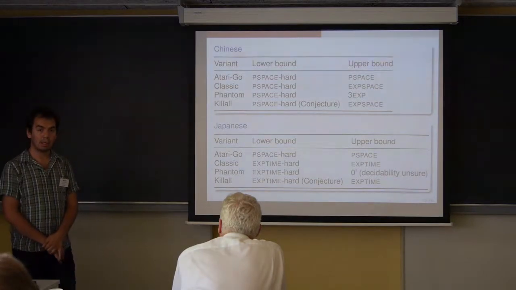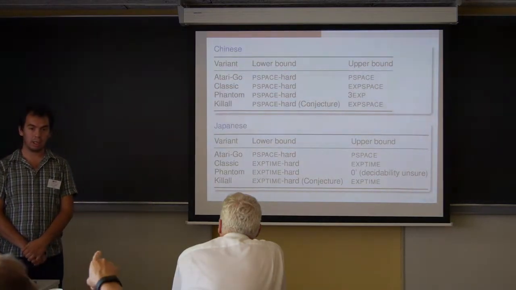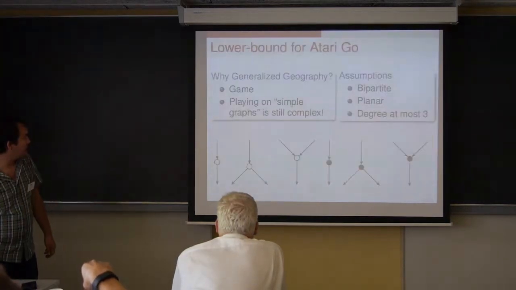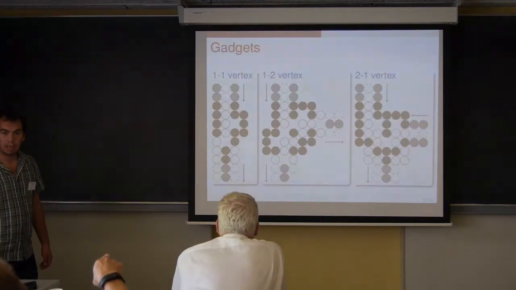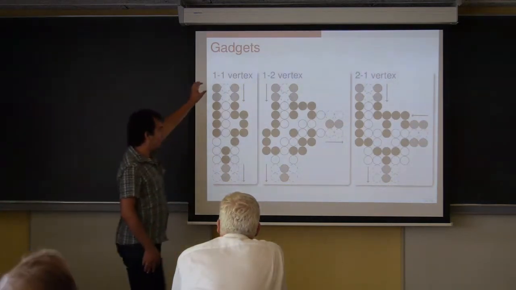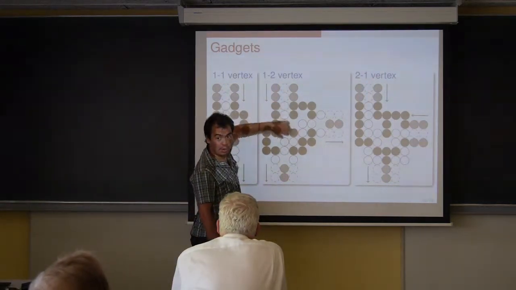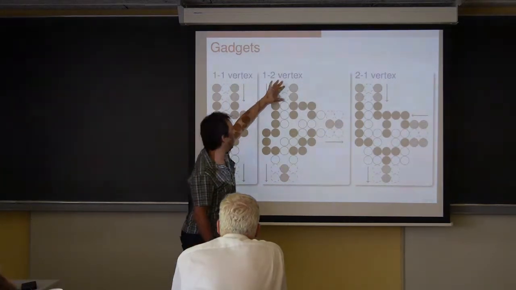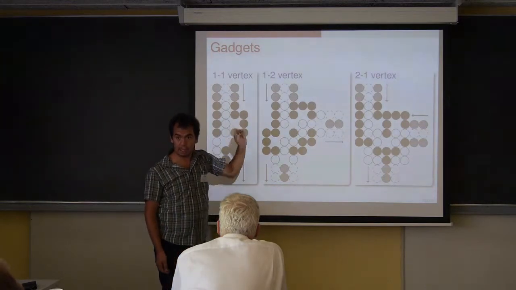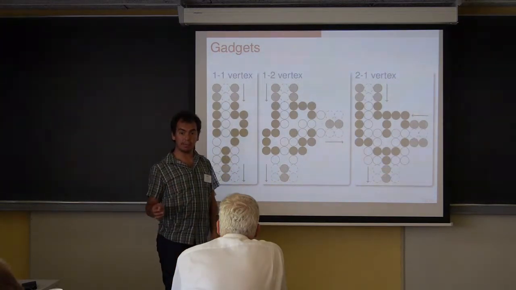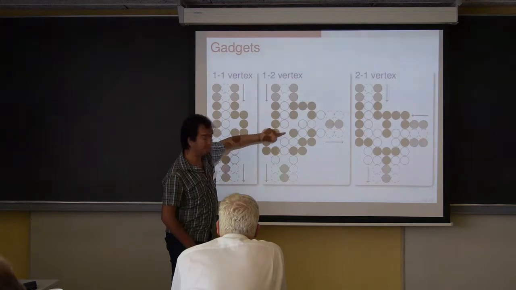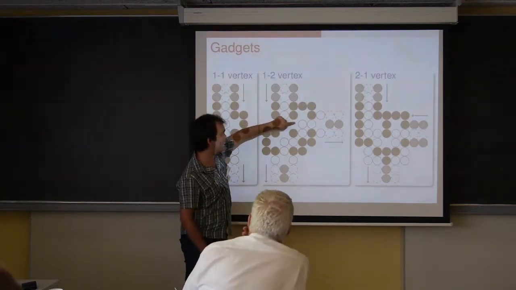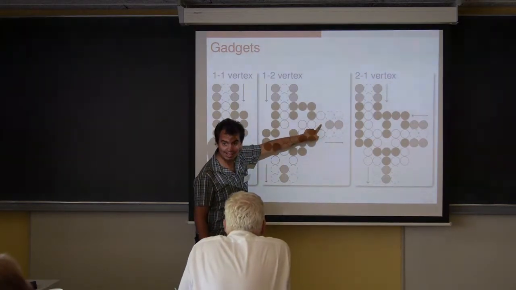I see. And I just had a minor technical question on your 1 and 2 out gadget. It wasn't obvious why white had to play in there at all. Okay, so imagine that this group is under a threat. There was a black stone somewhere there in the previous sketch. So this white group has only 2 liberties. If white plays somewhere else, then black might play here. So this group now is under atari and has a single liberty, plays here, and now black plays there, and the group is stuck.